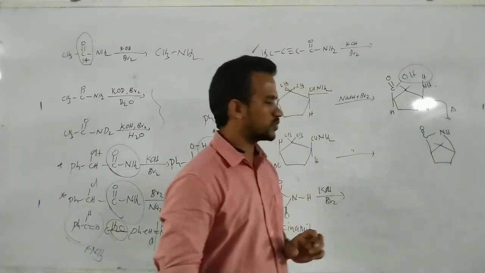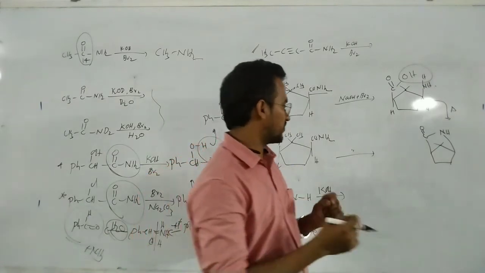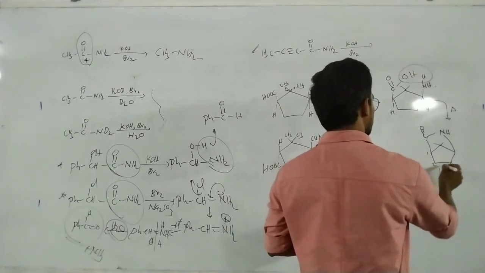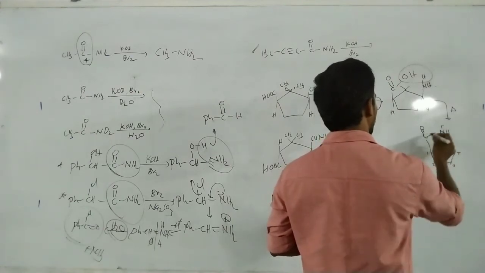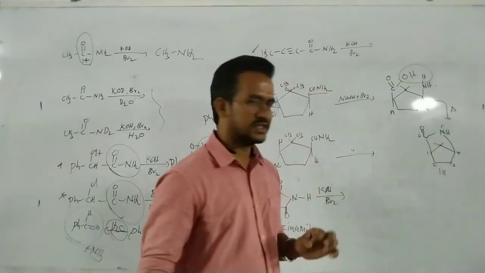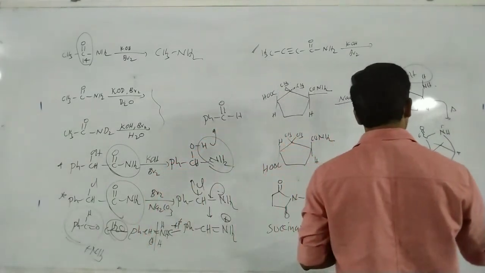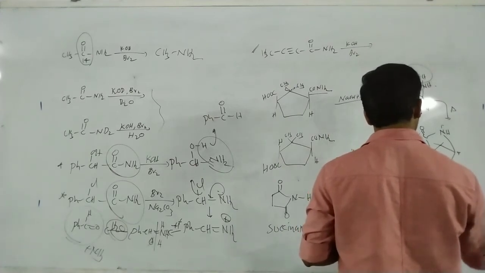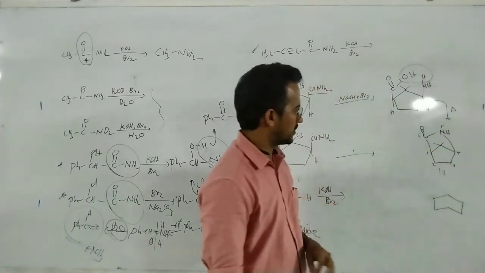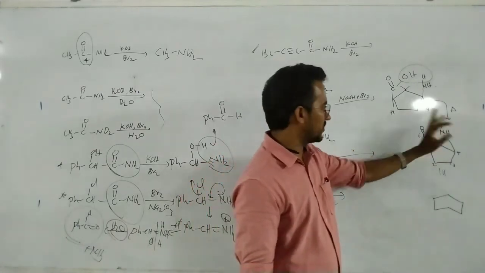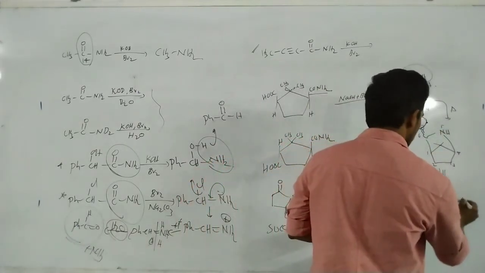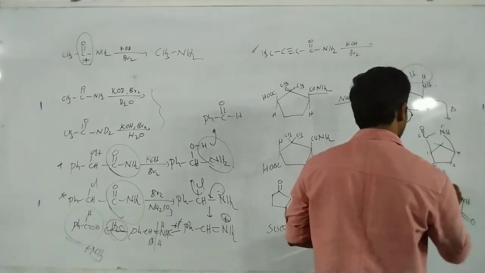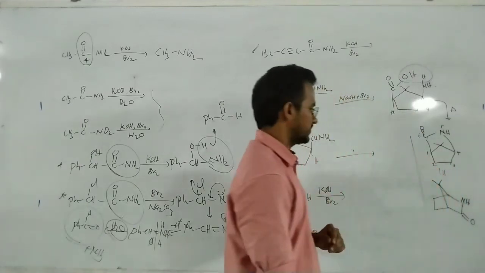Now here we can write this product in a different manner. First one, second one, third one, fourth one, fifth one, and sixth one. That is a 6-member ring, and we can write that 6-member ring like this also. Now at the 6th carbon there is a C=O and at the 5th carbon there is an NH. So here this is NH and this is the double bond. Okay, that is the product.